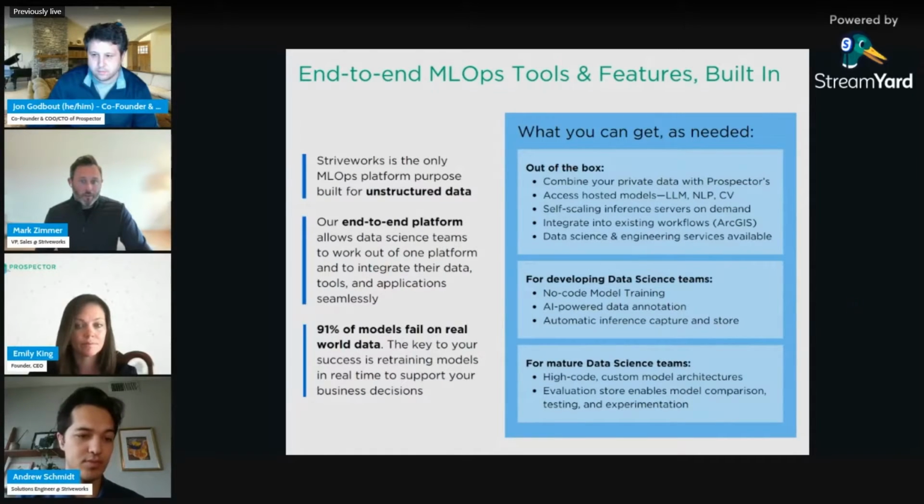So we've developed it so that you can annotate images with AI that automatically determines what is what within, say, an 80-page document, and then automate the inference and capture and storage as well. But if you're a mature data science user, you can do all of the things that you need to from a high code perspective, leveraging Jupyter notebooks or Python code, however you wish to deploy it in that sense as well.